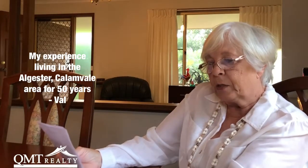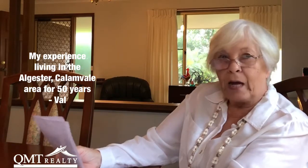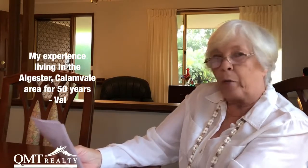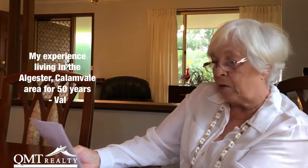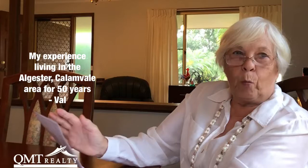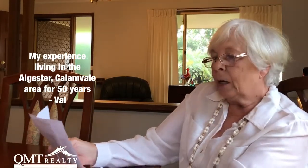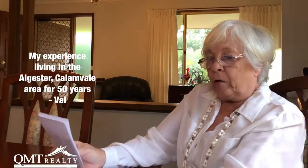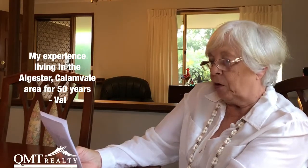We had intentions of building our house with water tank reliance, but that suddenly changed with the announcement that this exciting new satellite suburb, which was brainstormed by Clem Jones, the former Lord Mayor of Brisbane, was to be developed in this area. We were ecstatic. We could now build with water connected, not sewerage on acreage, but water. So we went ahead. The Algesta Road suddenly had bitumen all the way down to Ormskirk Street, turn off, and